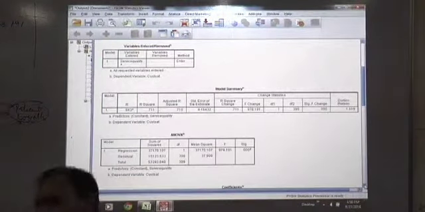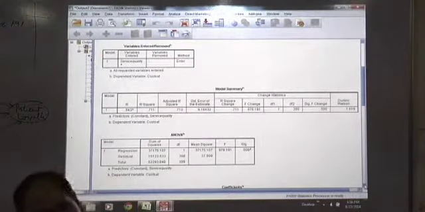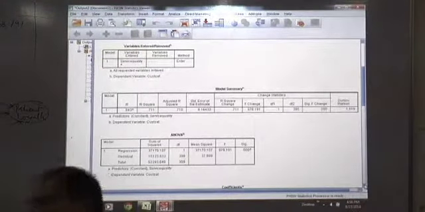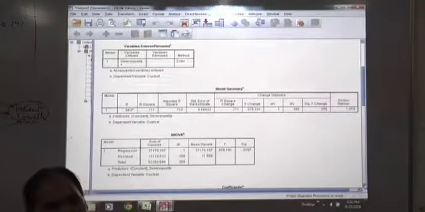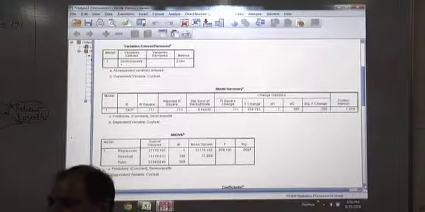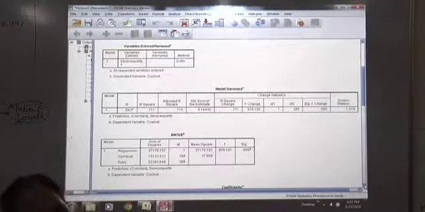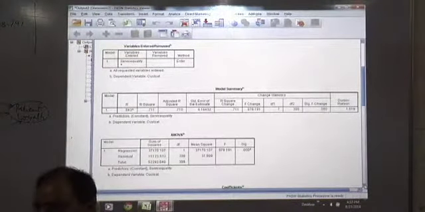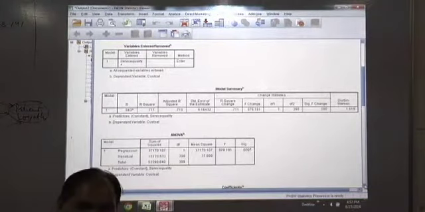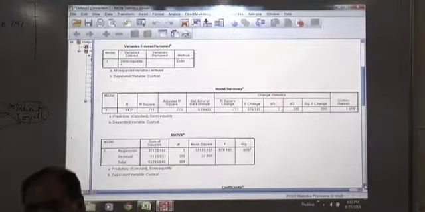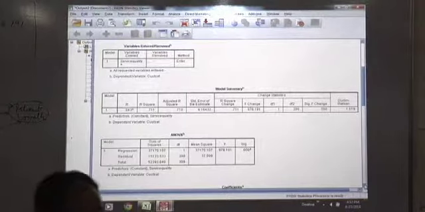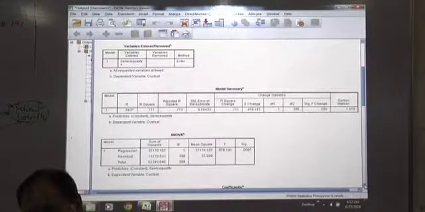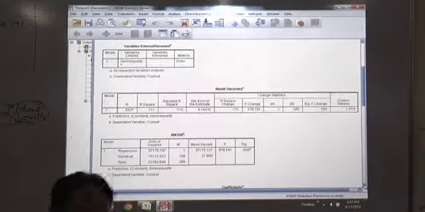Okay? Now, for a simple linear regression, later on we will test the standardized coefficient of regression, that is beta. That will be tested using T. They will give you the same results, because T is used for evaluating individual variables, whereas F is used for evaluating all the variables together. So in simple linear regression, since we have only one independent variable, the F result and T result will be similar. Otherwise they can give you different results.